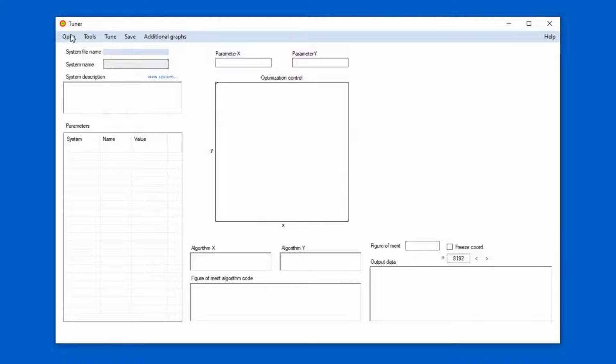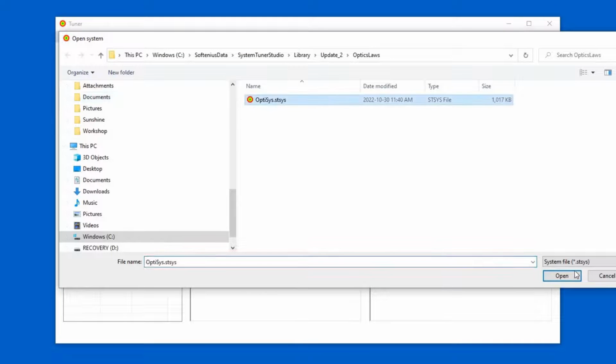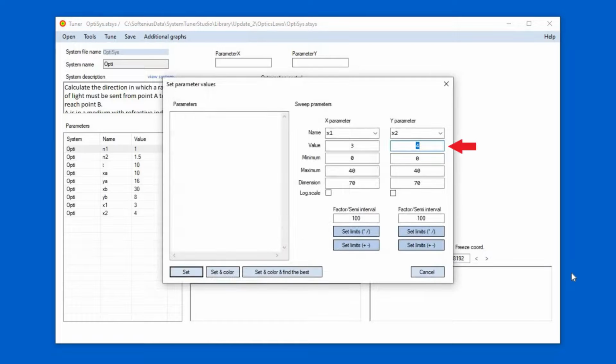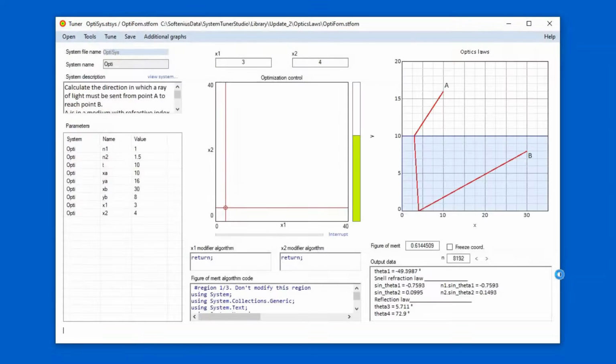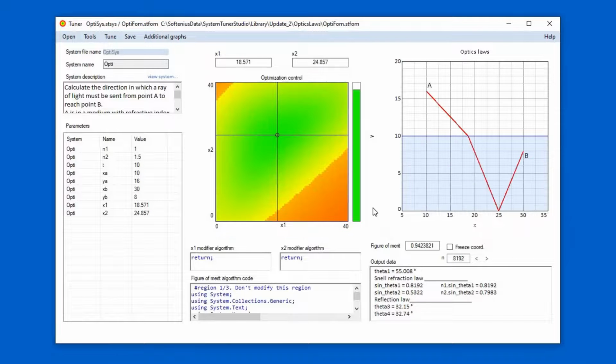The tuner is opened and the project is created from its components. The system is loaded. Initial values, variation ranges, partition dimensions are defined and linear axes are maintained. The figure of merit is loaded. And in a few seconds STS gives us a first proposal which is further adjusted by clicking on the tuner